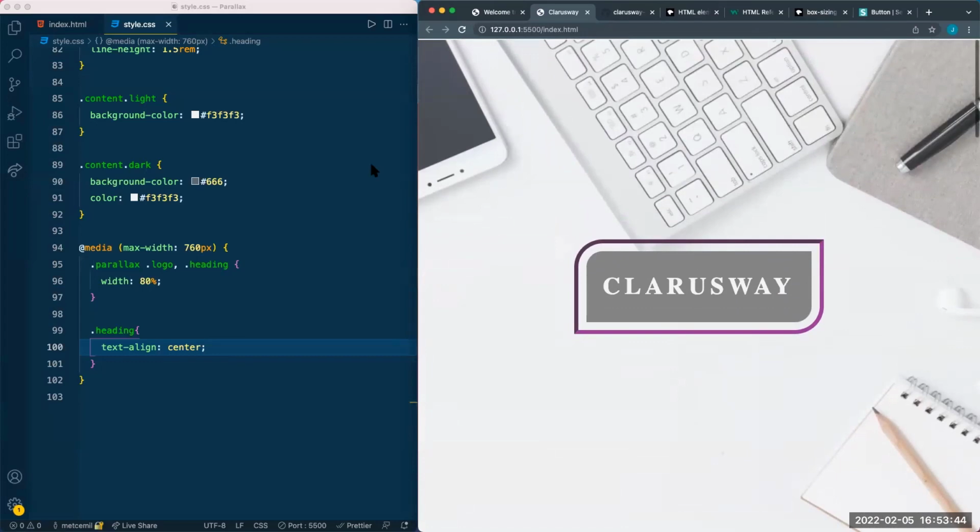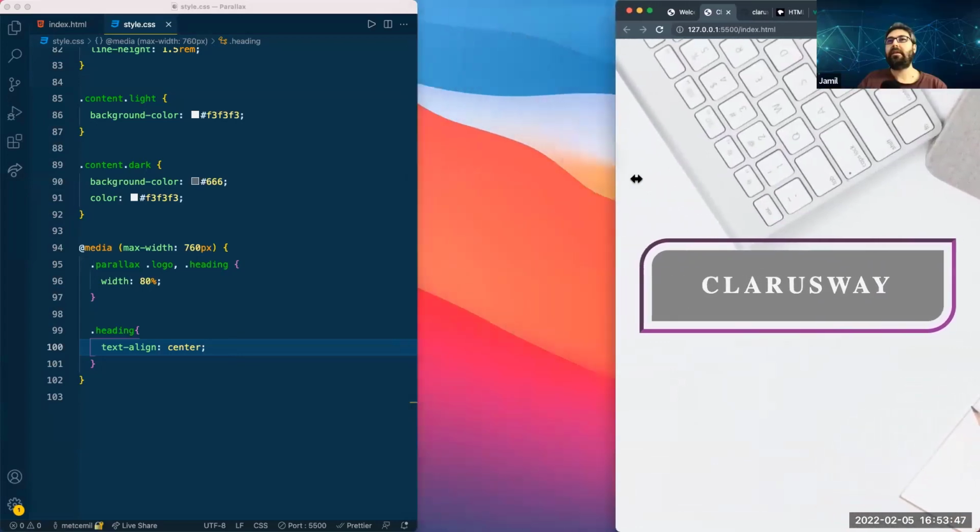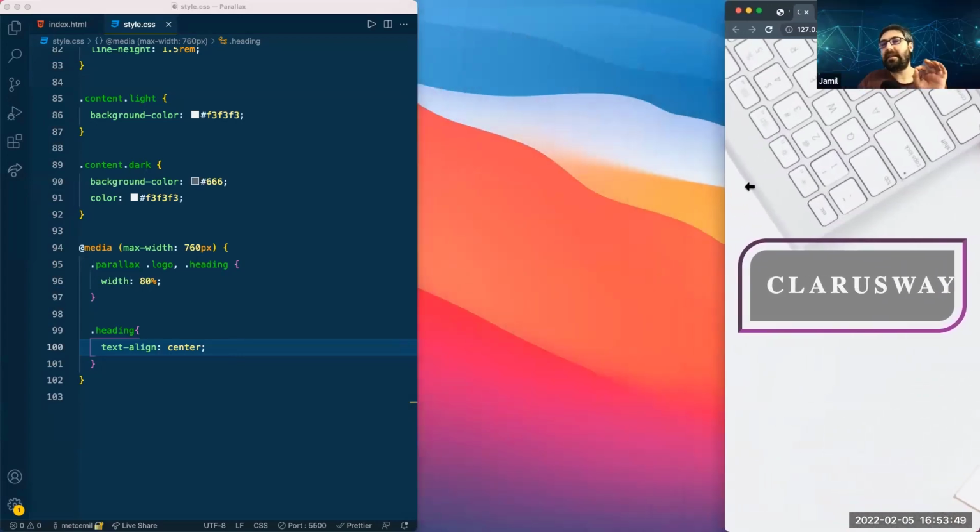Yeah, it looks good. Oh, nice, thank you. So that's the media query. I applied a very basic